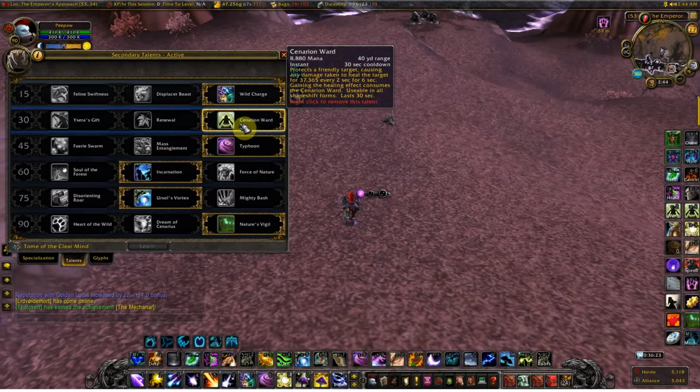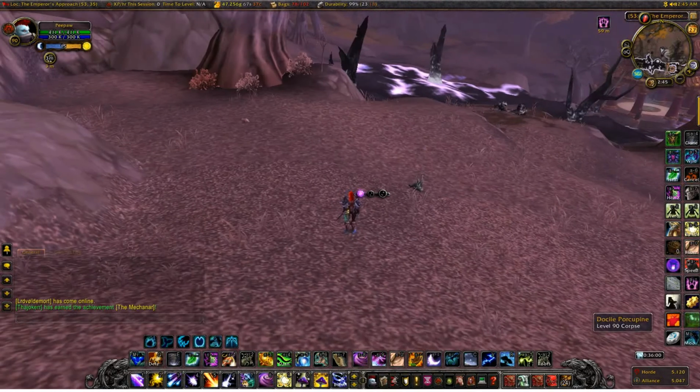because you can put it on friendly targets, so in arenas or RBGs or anything you do, world PvP with a friend, definitely the best one. Protects a friendly target, causing any damage taken to heal the target for 37,000 every 2 seconds for 6 seconds. Gaining the health effect consumes Cenarion Ward, usable in all forms. Lasts 30 seconds. So what it does is put it on yourself,